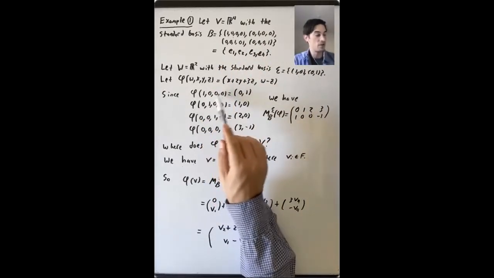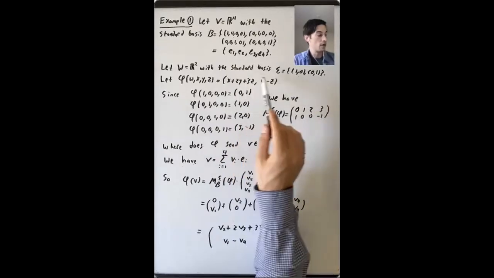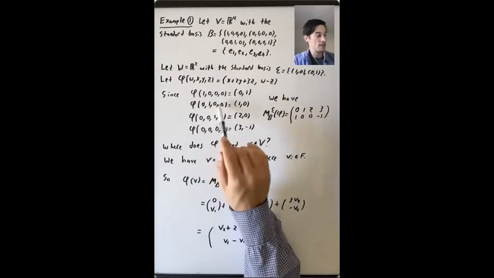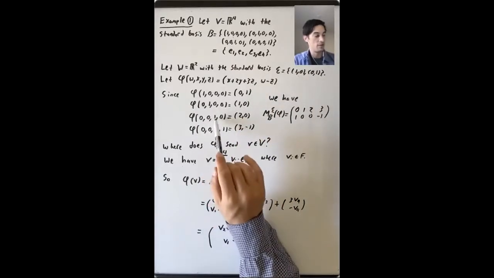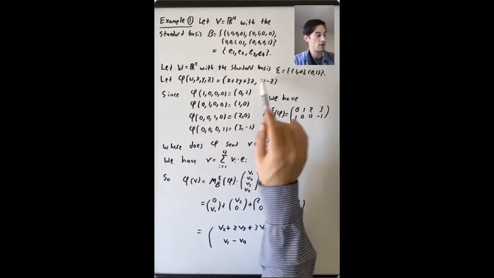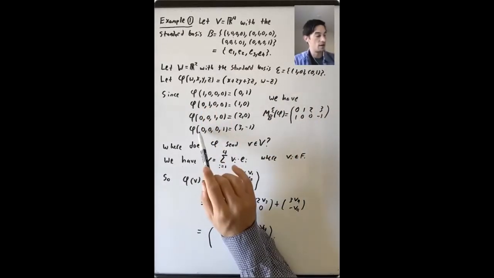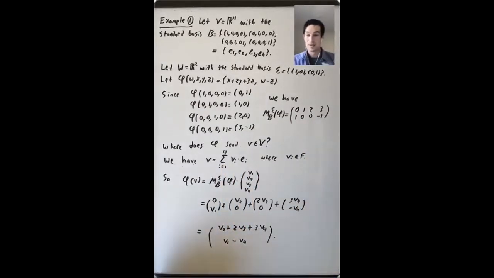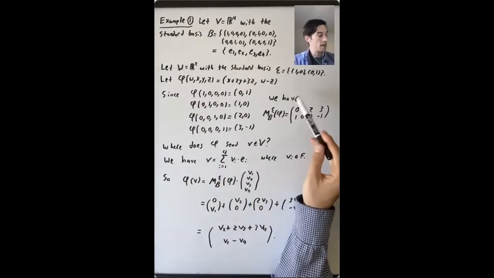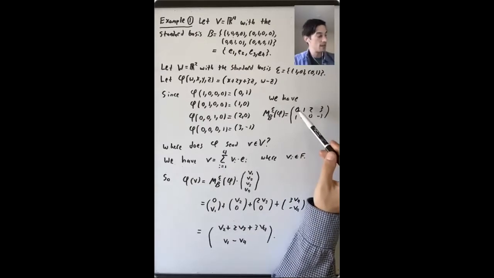So phi of the first basis vector is (0, 1). And phi of the second basis vector, we put in 1 for x, 0 everywhere else, is (1, 0). Phi of the third one, 1 for y, 0 everywhere else, is (2, 0). And the last one gets sent to (3, -1). So what is the matrix of this linear transformation? Well,